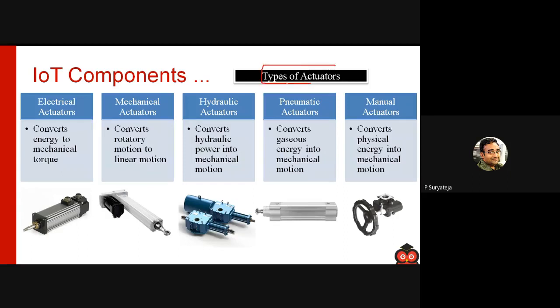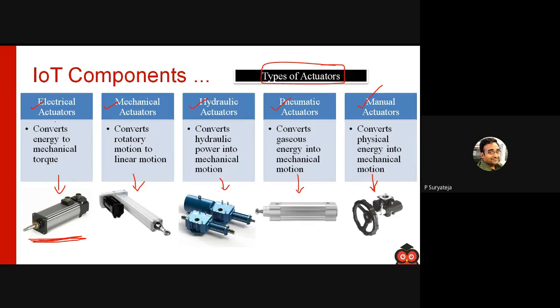So like we have seen types of sensors, we will also look at types of actuators. We have electrical actuators, mechanical actuators, hydraulic actuators, pneumatic actuators, and manual actuators. So below each type of actuator, you can see the examples. Okay. So these are only generic examples. And the shape and size of the actuators can be different. Don't think only the electrical actuator will always look like this. There are electrical actuators which look different also. So I only put some generic examples. Correct? Okay.